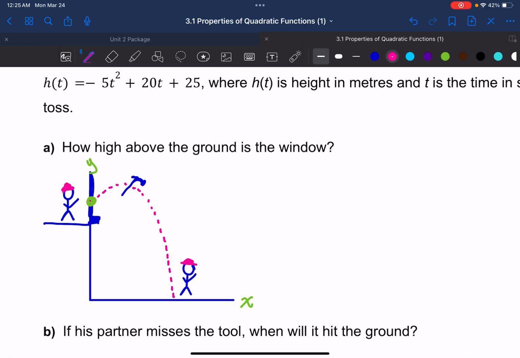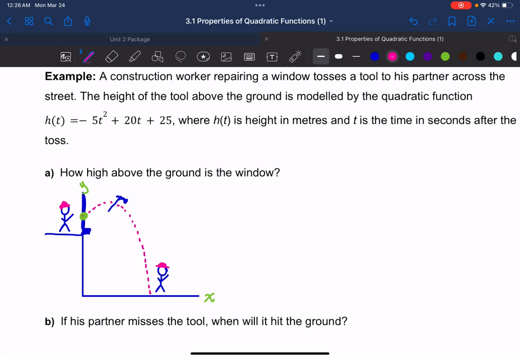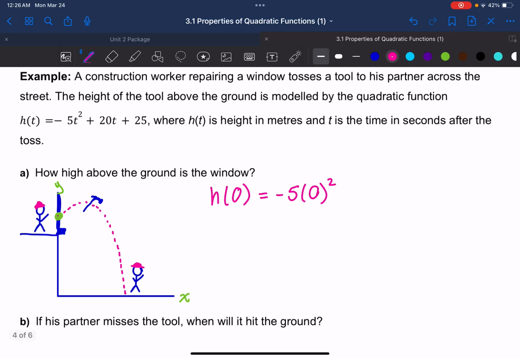If we want to know our y-intercept, the height of the tool before it's even been thrown out the window is when time is equal to 0. It's equal to 0 because the tool hasn't been thrown yet, so it's still in its initial position. So if I want to find that out, I'm just going to plug in 0 into this whole function. So -5 times 0 squared plus 20 times 0 plus 25. And you'll notice your first two terms are going to go to 0. This is going to cancel out. This is going to cancel out. So you're only going to be left with your last term, 25. So therefore, the initial height